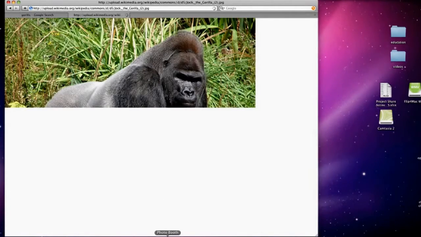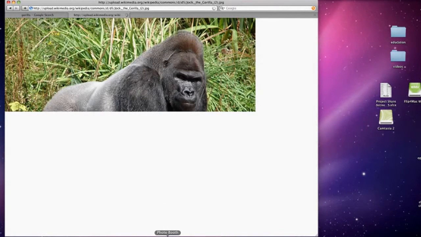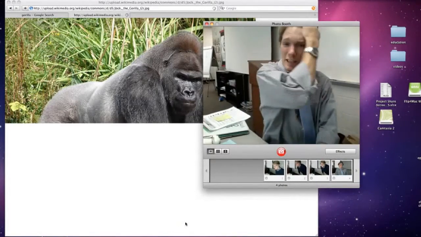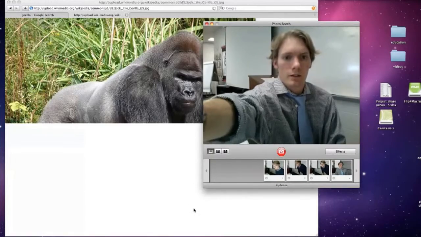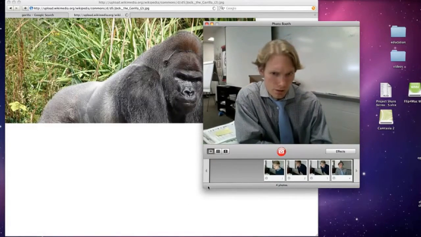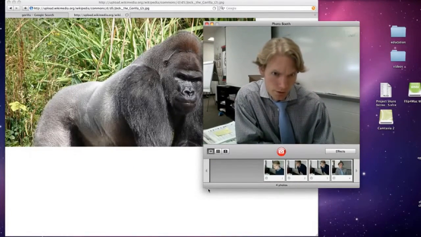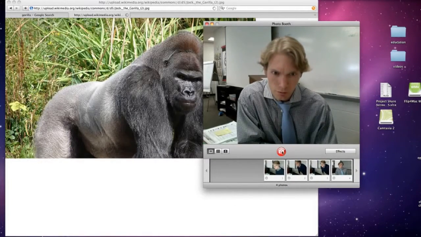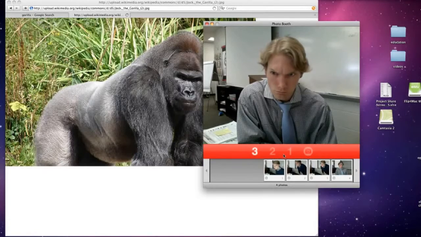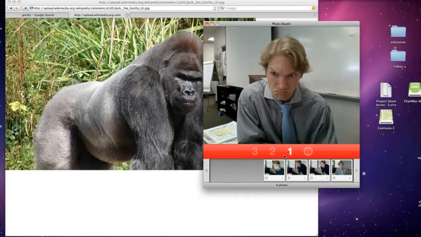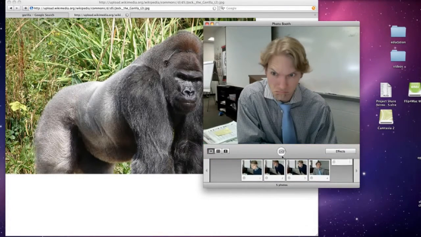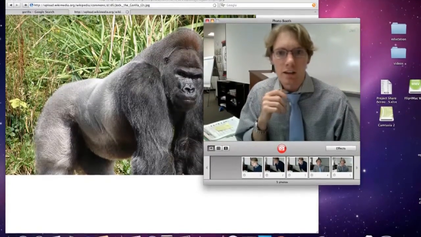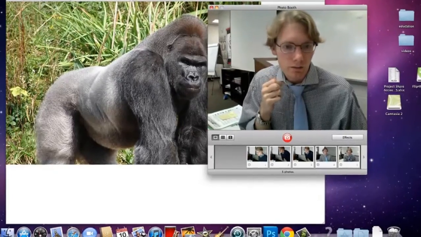The next thing I'm going to do is take a picture of myself in Photo Booth. So I'll try to get that exact same angle. Okay, so let's see. Let's make him dark and brooding. And let's make it to where you can see his eyes. So let's take the picture. Alright, there we go. So now I can just drag that into Photoshop,